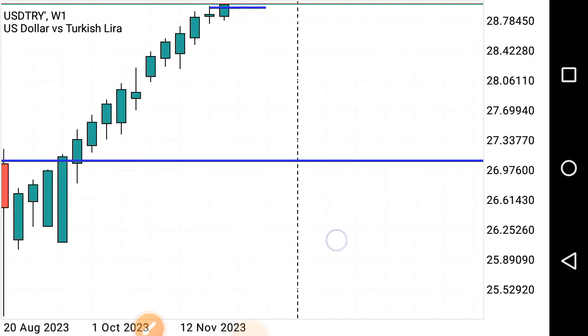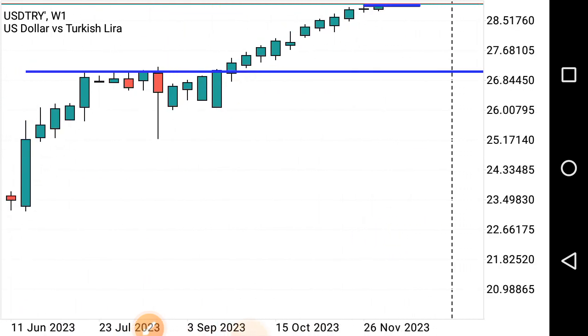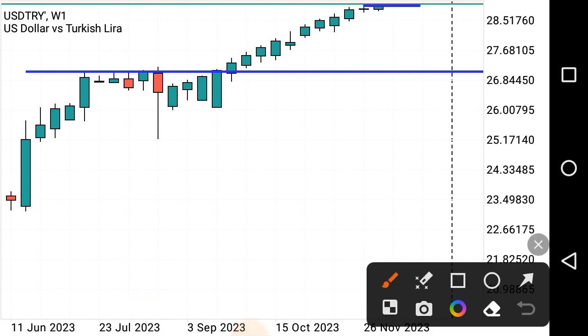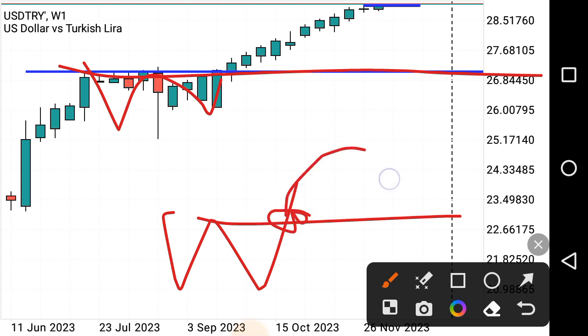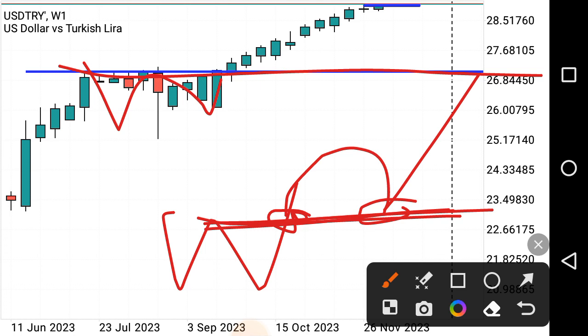Let me just zoom in and let's have a look, right? On the weekly chart we have what seems to be a very nice W formation over here, right? And it has a neckline more or less at that point. As I always say, guys, whenever we have these formations such as the W formation or double bottom, we want to see price actually closing sufficiently above the neckline and then come back to the neckline to test it. And at that point where the neckline is, normally is where we look for those potential buy opportunities, especially if this level, which is the neckline, aligns with any key numbers